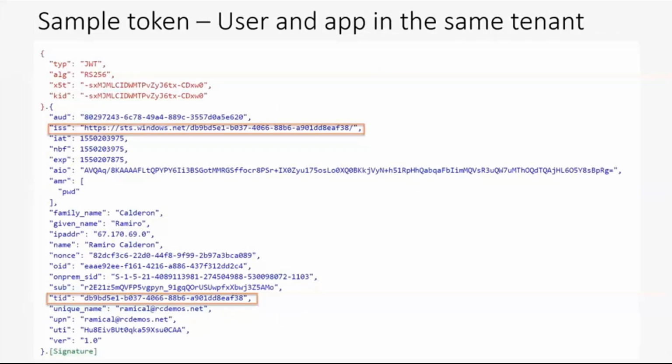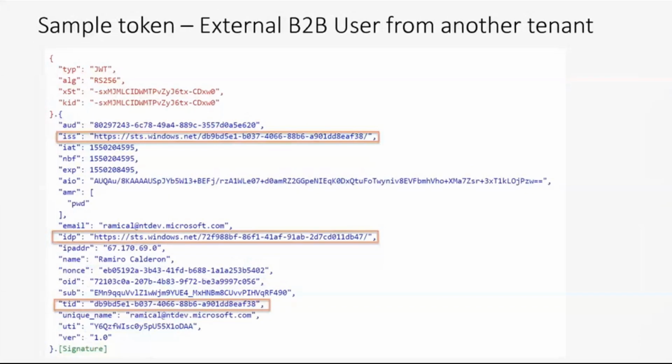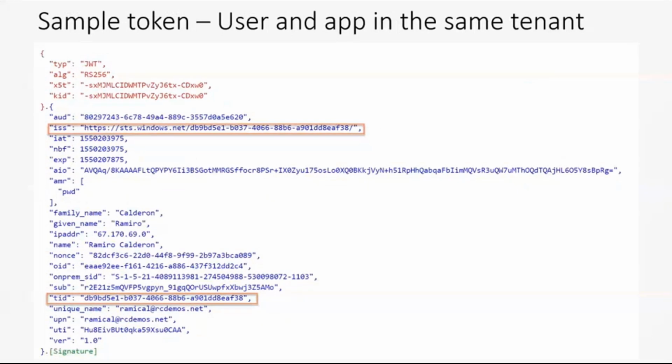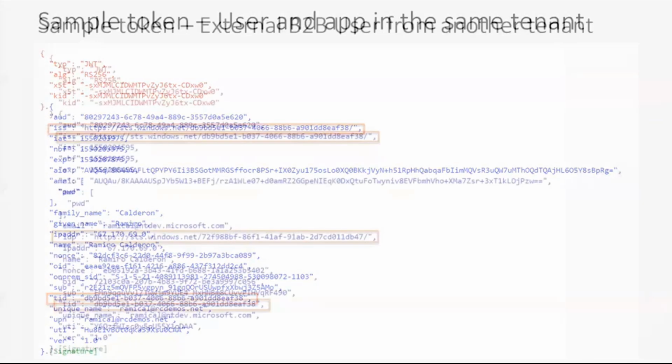I have dropped a few sample tokens which are issued for multi-tenant apps and for users who are guests in a tenant. If you are going to change your code, you will find that this is where the various claims that we have discussed in this call remain. For example, the first token is for when the user and application are in the same tenant: the issuer claim and tenant ID are the same.